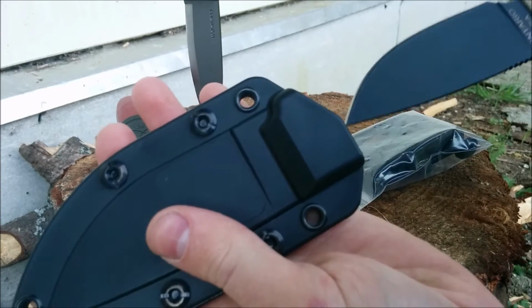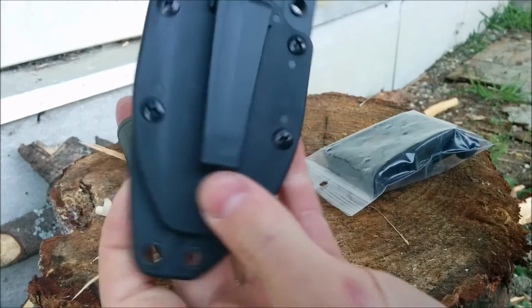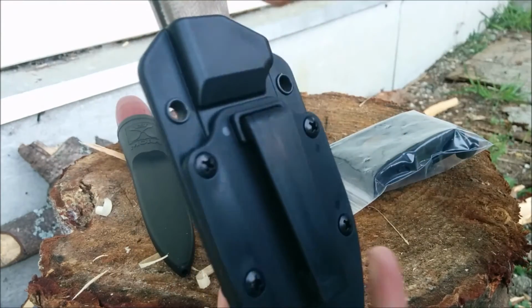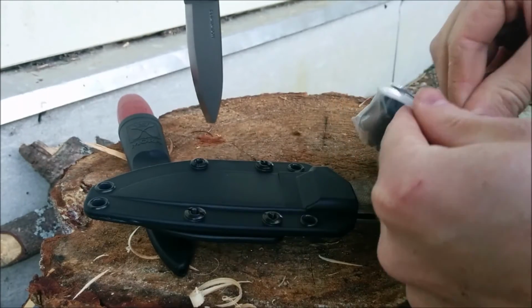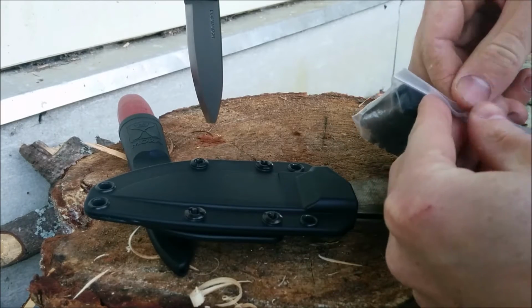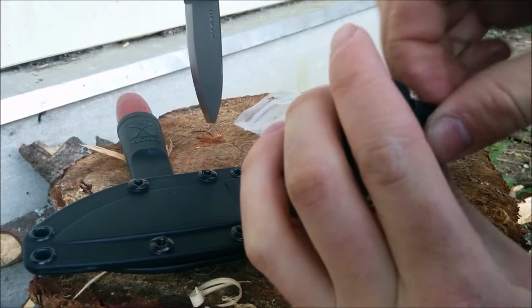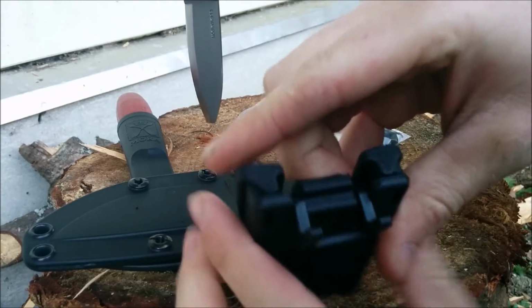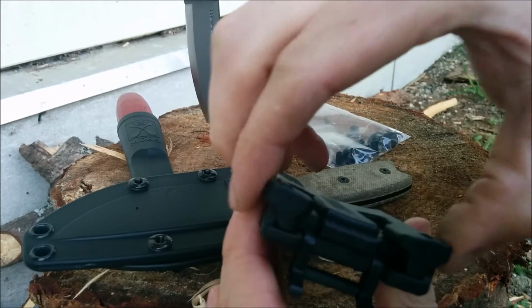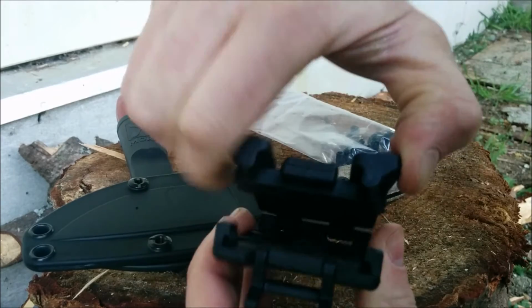But this is the kydex sheath that comes with it. That's pretty cool. Comes with a clip that I probably won't wear like that. I want to put the tech lock on it as soon as I can. The sheath is one of the coolest parts about this knife. So the tech lock opens up like that. You squeeze here, pop it open,